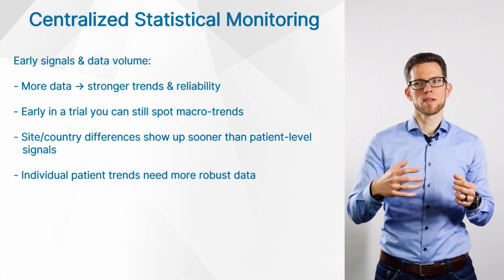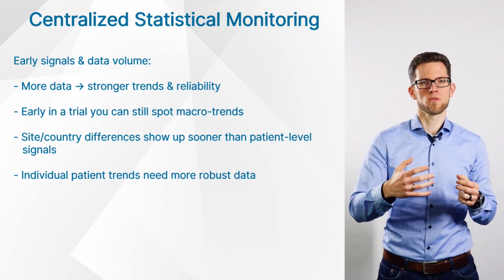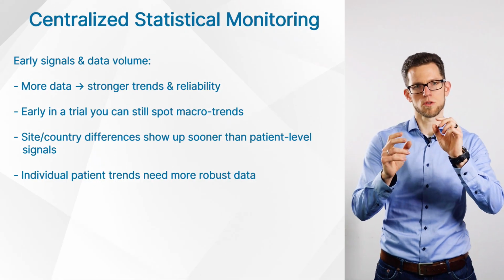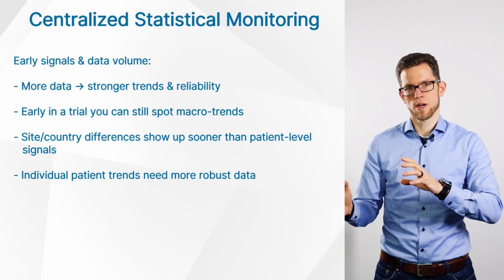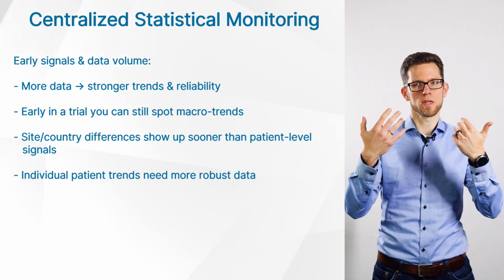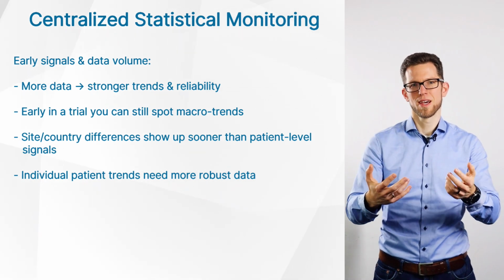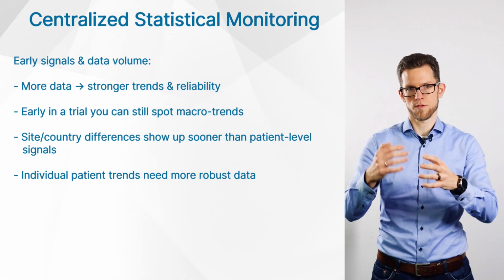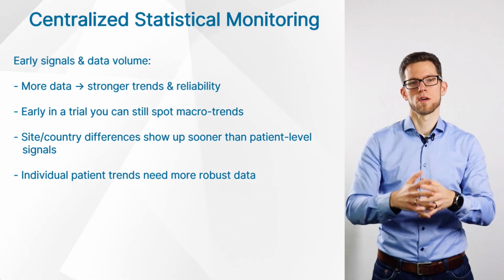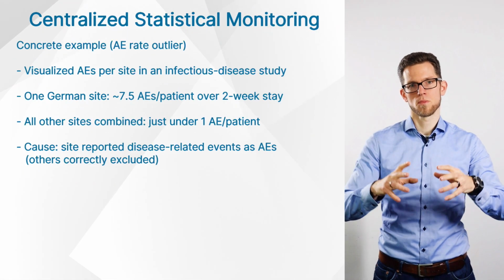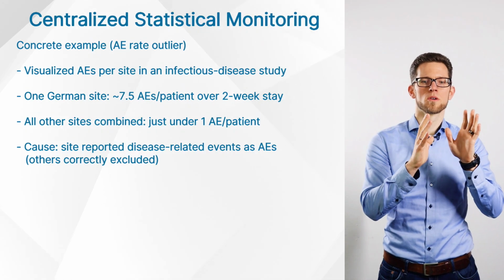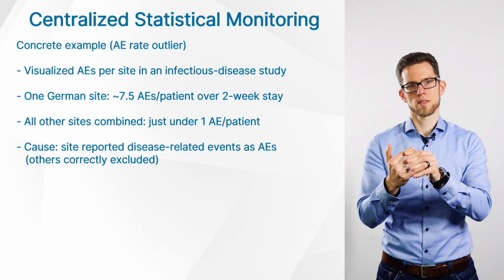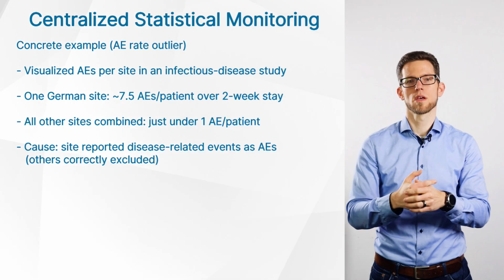I would personally say that I've observed that to be more true for trends between countries or between individual trial sites and other trial sites than for an individual patient's data. Here you need a little bit more robust information to really start seeing differences, which you can later employ statistical methods on. So when we focus on early trends, on differences between trial sites and or different countries, one example that I can give is